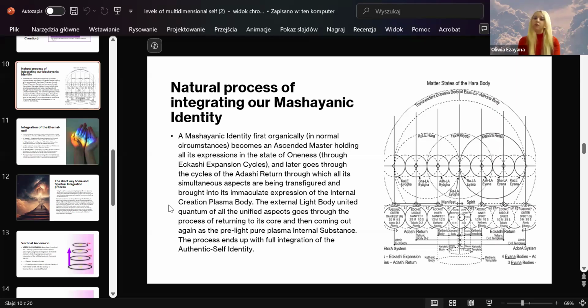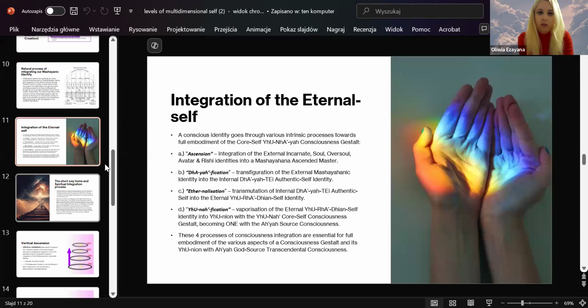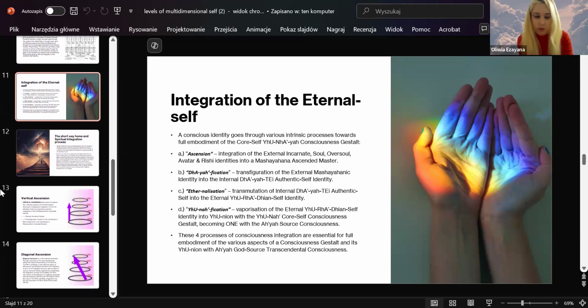So this is how it works. As I said, light body is about expanding yourself in all directions throughout all the dimensional planes. But then the internal creation is about bringing back all of those aspects into the common core. So in order to summarize that, this integration of the eternal self, or if you prefer to call it the transplanial upstepping process,